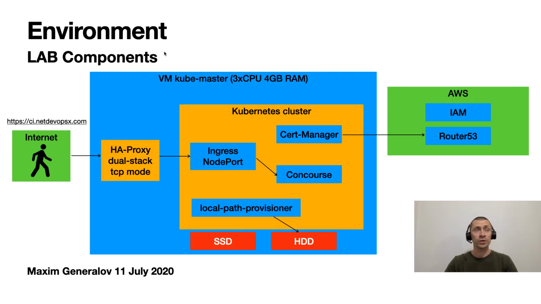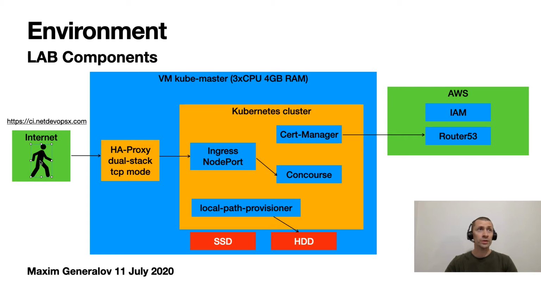And let's briefly talk about our environment. We will have one single virtual machine based on an ESXi host, and we don't need so many resources for that. It will be three CPUs and 4 gigabytes of RAM. For our installation it will be sufficient, but in the future, when we need to install something additionally, for example, in the next video, I will show you how to install AWX and provision this, definitely we will need to add additional resources like CPU and memory.